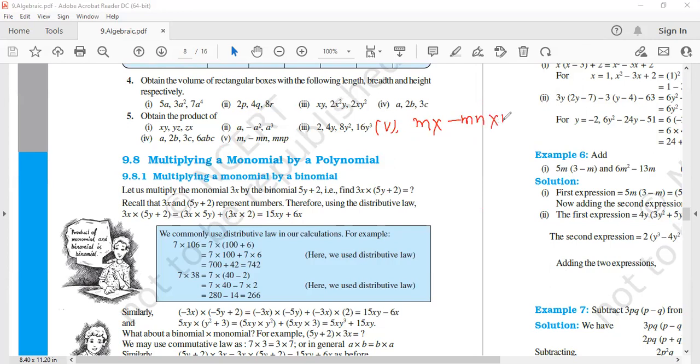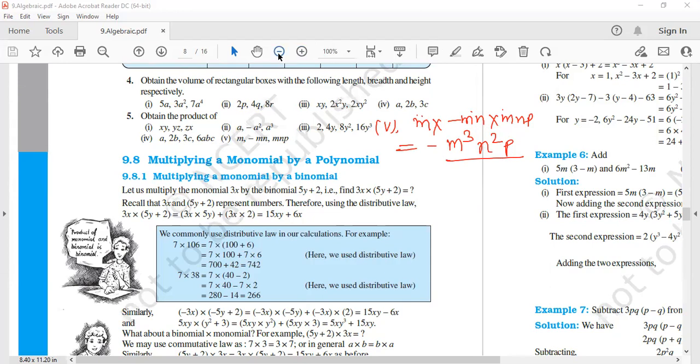Okay, so the last question of this exercise, that is the fifth one, m into minus mn into m and p. It will give you, now look at, there are no numbers, so definitely the minus sign will be there because of this sign. So focus on the variables. m is 3, so m power 3. n is 2, n is power 2. p is single, so m cube n square p is the correct answer. Okay, with the negative sign.